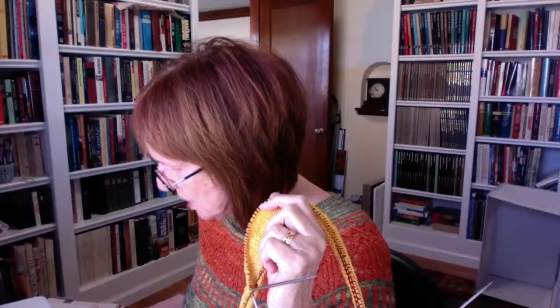I divided 120 divided by 100 equals 1.2. That tells me the difference between this stitch count and this stitch count. For every stitch here, there's 1.2 stitches here. Is that right? No. It gives, okay, I need to increase by